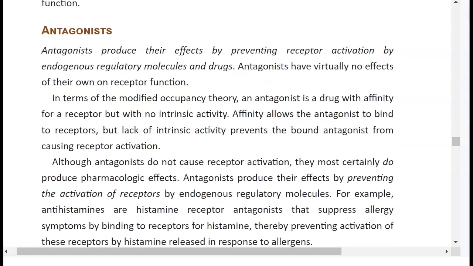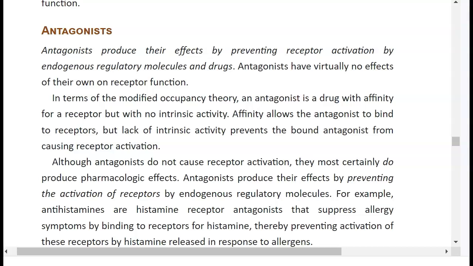An antagonist produces its effects by preventing receptor activation by our own endogenous molecules. So an antagonist means on the top of my cell, I have a lock and I give a drug. But the drug is no longer a key. So now this drug is a big wad of chewing gum. And now it finds its way to that lock and it jams inside the lock hole, the keyhole, and